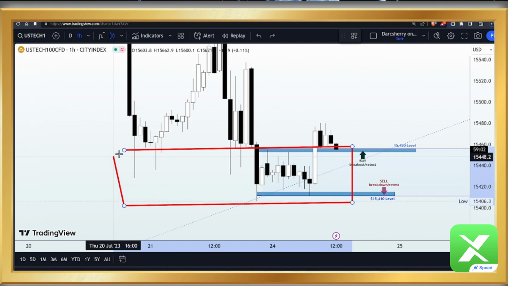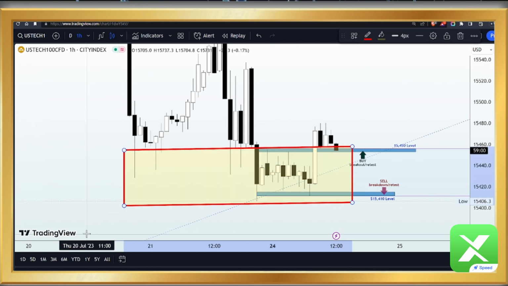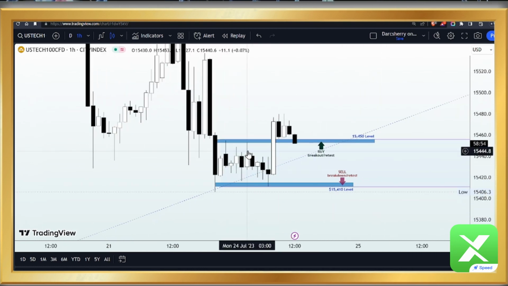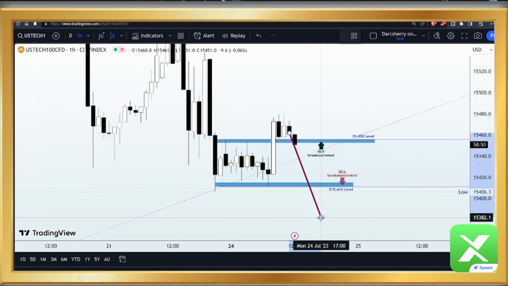15,450 and the 15,410. So what this simply means is that if we are going to be considering selling the USTEC 100, we definitely want to see price action slice through the support line at the 15,410 level to consider selling the USTEC